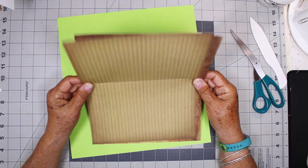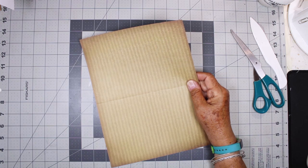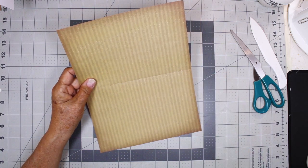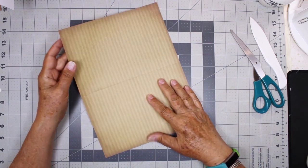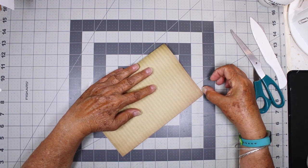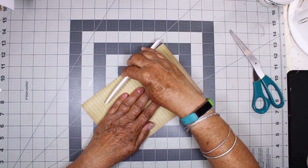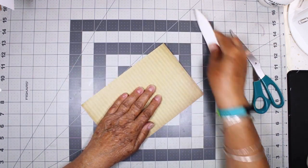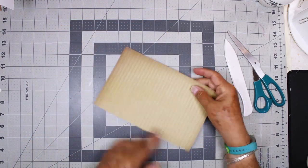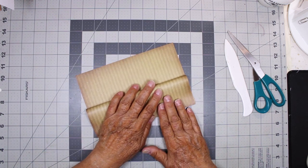So I think I'll do the one with the stripes, because that will give an example of what direction the pages will go. So the first thing we're going to do is fold this, and I'm going to fold this here, make sure it's even, then I'll turn it around, fold one side down this way,